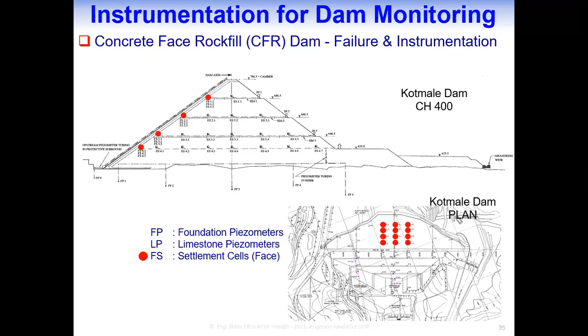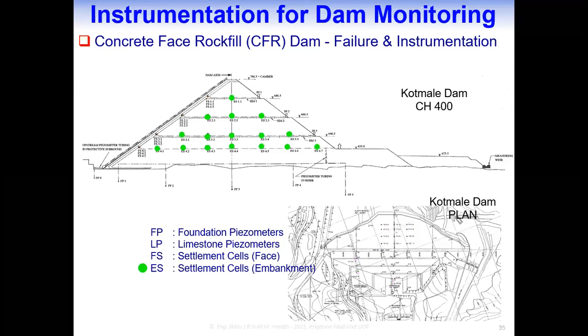They are hydraulic overflow settlement cells that measure the settlements of the cushion layer which supports the face slab, and thereby you can identify any unusual deformations occurring in the face slab due to lack of support, and then the embankment settlement cells that give you an indication of the slope instability